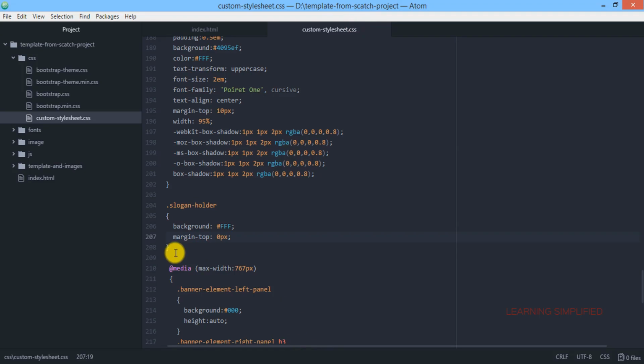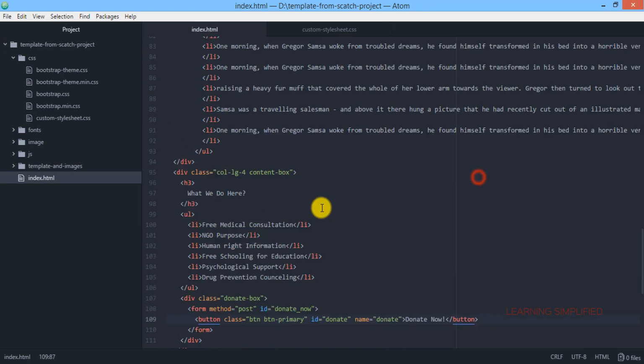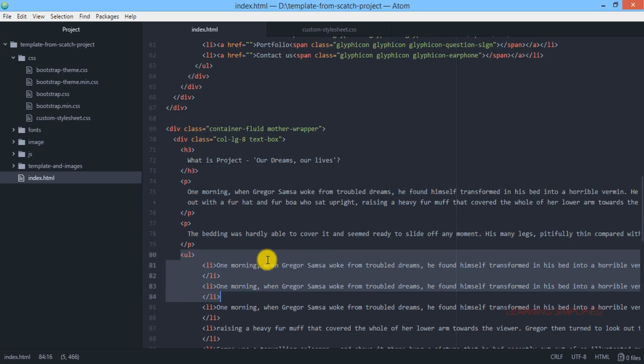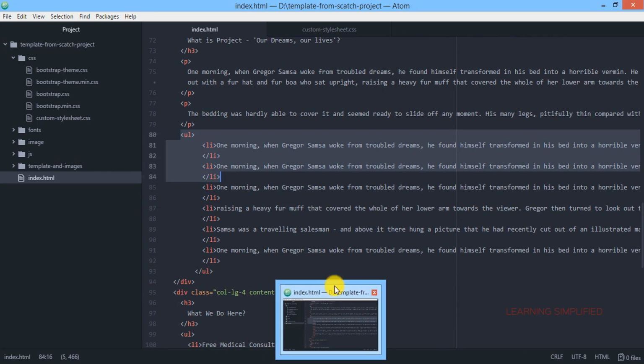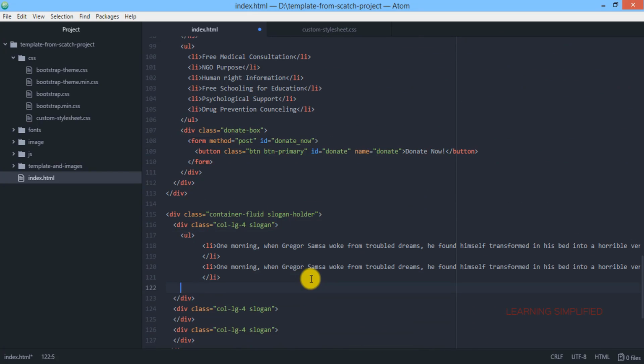Now we'll be getting back, and inside we have created up to this part. Now let's get back to index.html, and here all we are now going to do is copy these particular list items here.